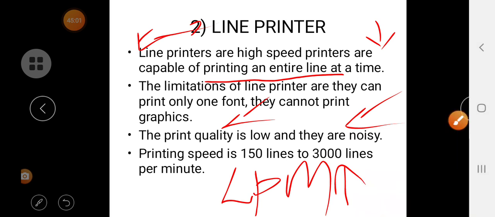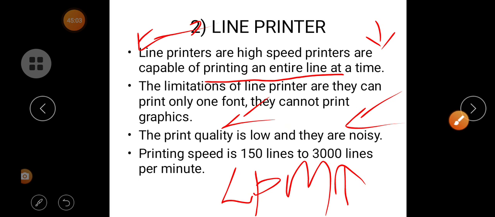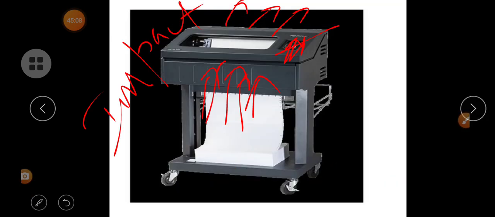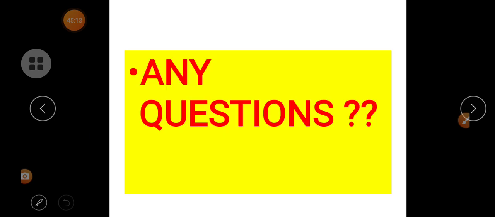Okay students, so this was the line printer. These are the concepts which we discussed in this class. If you have any doubts, please ask me questions. There are PDF full notes which I shared in the group. Do write the notes. This is the second chapter notes which you have to write in your 200 pages rule book.